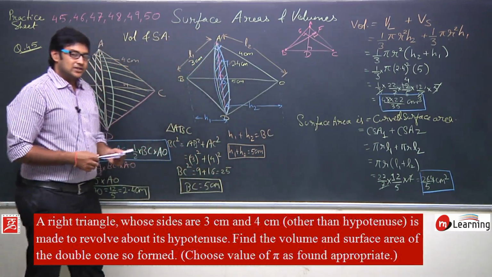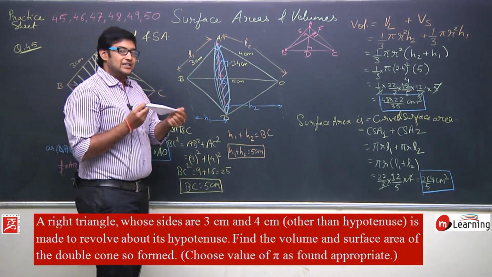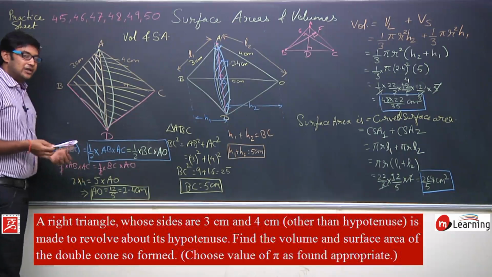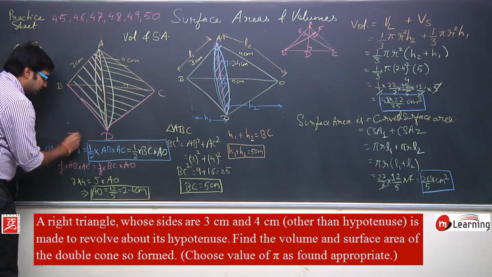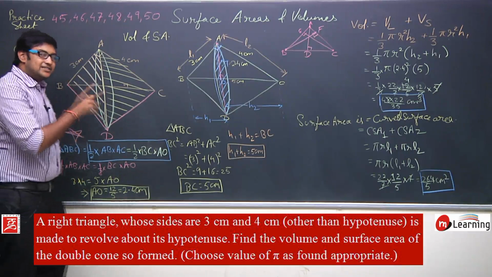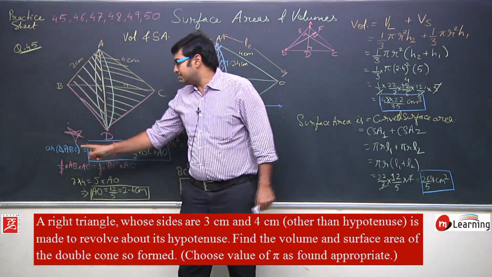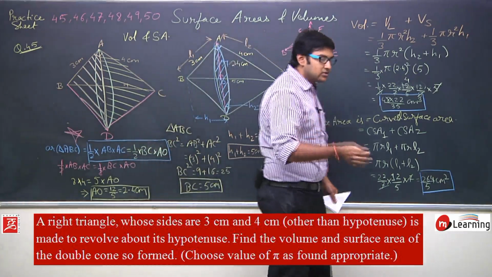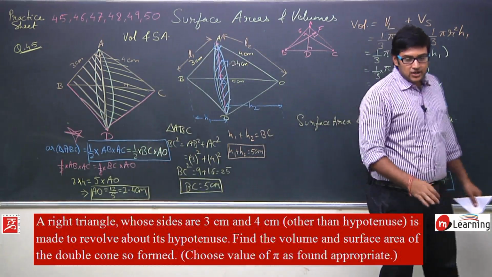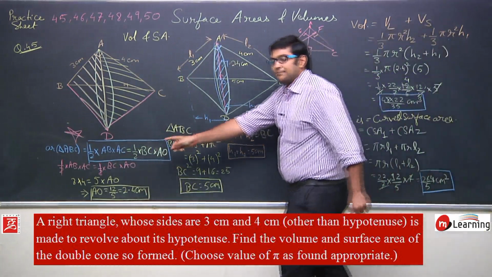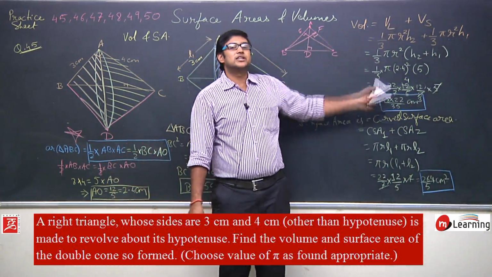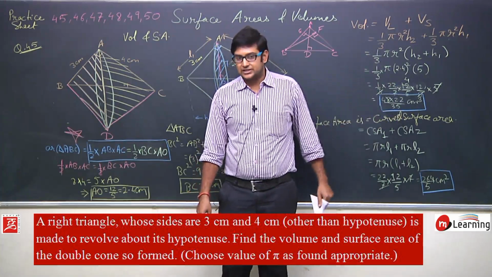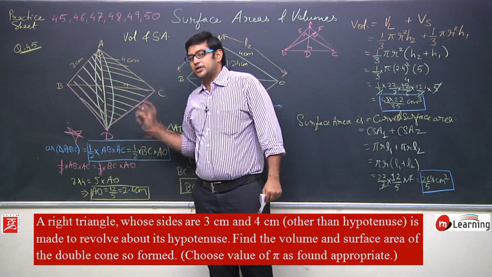So the concept was, if the triangle is rotating like this, how should I calculate the radius? This is the most important concept to calculate the radius. I will put a star on this concept. If you revise this question for your exam, please remember this concept, because you know each and everything. You know the formula, you know the curved surface area, the volume, everything. But if you miss this step, you will not be able to use these formulas. So you will lose marks even if you know how to solve this question. So this is the most important.